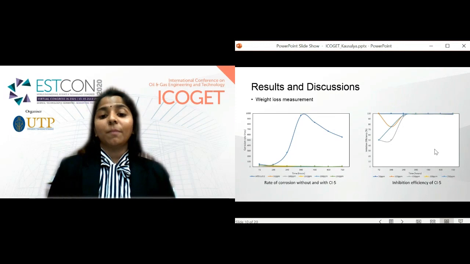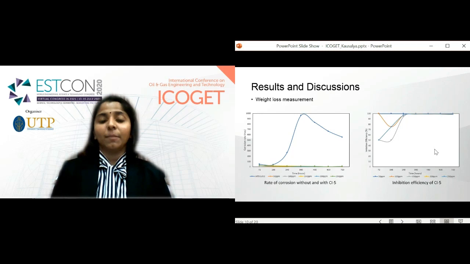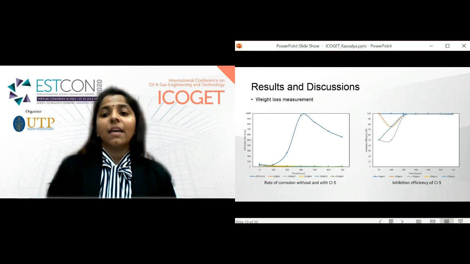With this weight loss measurement, it was clear that the empty fruit bunch powder and oil palm frond powder can perform as green corrosion inhibitor. Moving to the next